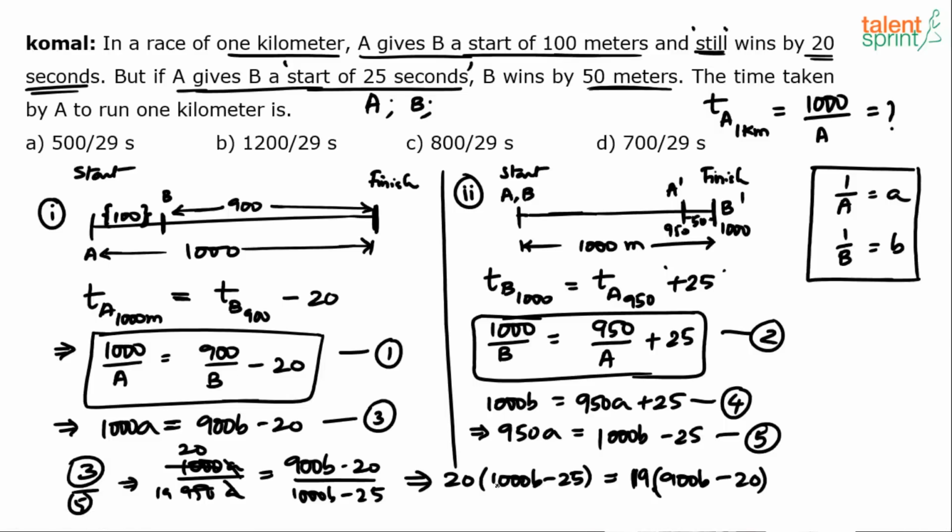Let me do this. So 20 into 1000B is 20,000B, and 19 into 900B. How much is that? 19 into 9 basically, yeah, 17,100. So 20,000 minus 17,100 is 2,900. So what do we get? 2,900B